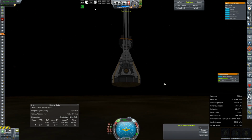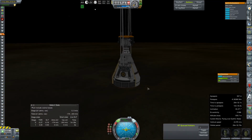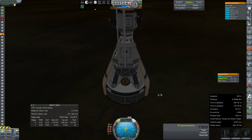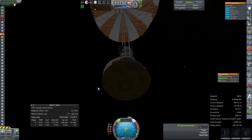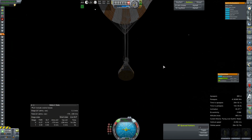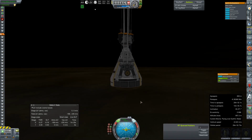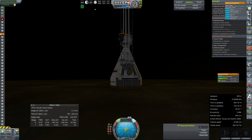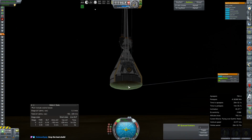There they go. Drogues are cut, primaries are out, and we are down to 6.1 meters per second on our primaries. It looks like all have deployed successfully. Hooah! Now, is 6.1 going to be a bit too heavy? How much aerosine do we have left to bleed off? A lot. What's our total? 800 meters, so probably just go ahead and...